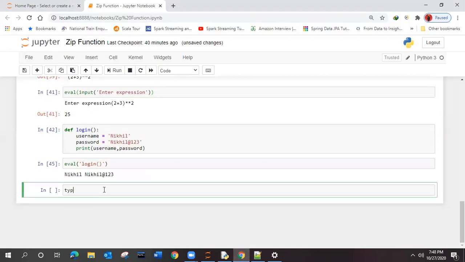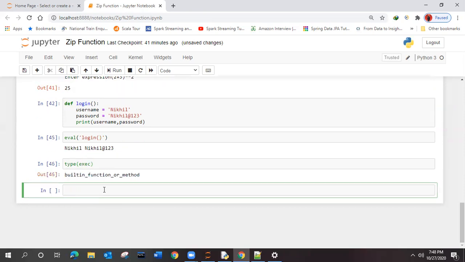We'll see something here. It says built-in function or method. It is a default function, right? What is the use of this one, and how can we make use of it? How is it going to work?